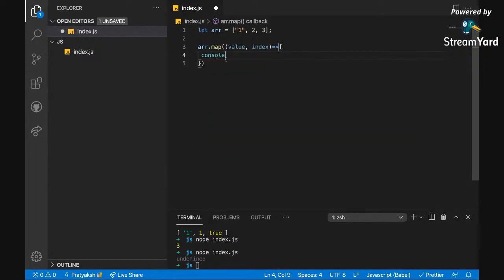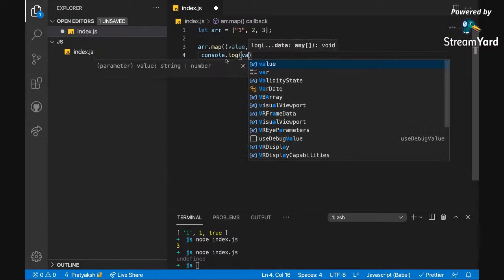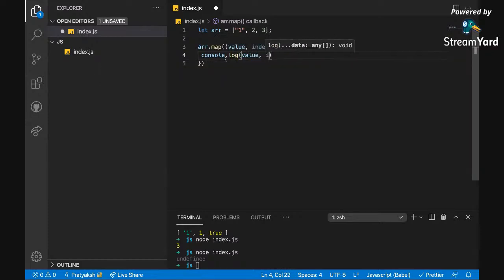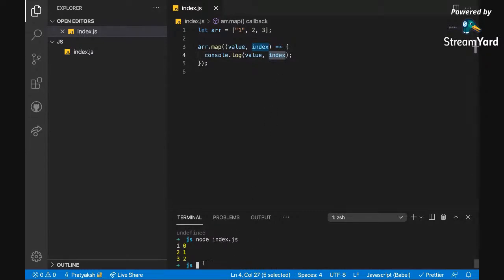Now let's console.log it and see what happens. I forgot to tell you this: in console.log, the comma is a separator, so it will print a value, then a comma, then it will print the index. So it logged 1 0. First we have value 1, it printed 1, then its index is 0. Then 2 1, then 3 2. So it's pretty clear what's happening.